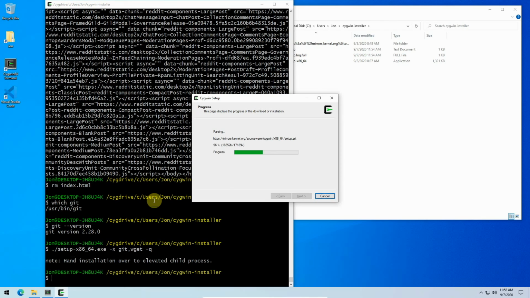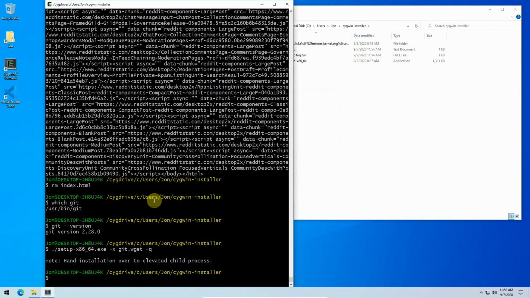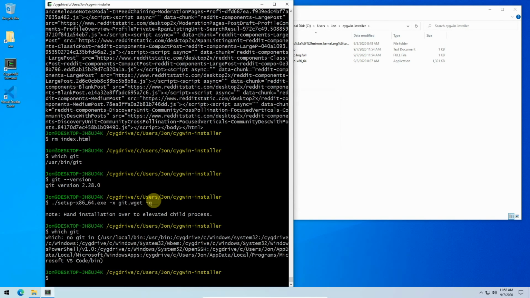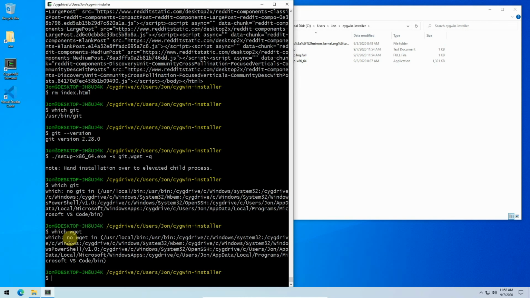Right, and it'll go through and remove them all, or the ones that are specified there. Now that that's finished, if we do which git, no, right, there's no git, and we do a wget, and there's no wget. So that is arguably a much better process to install and remove packages within Cygwin,